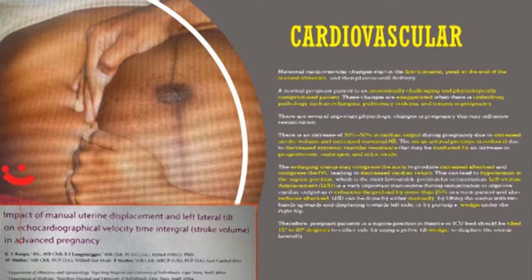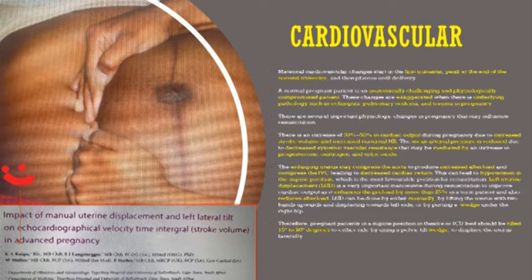There is an increase of up to 50% in cardiac output during pregnancy due to the increased stroke volume and maternal heart rate. The mean arterial pressure is reduced due to the decreased systemic vascular resistance that may be mediated by an increase in progesterone and estrogen. The gravid uterus may compress the aorta to produce an increased afterload and compress the inferior vena cava, leading to a decreased cardiac return, which can lead to hypotension in the supine position, which is the most favorable position for